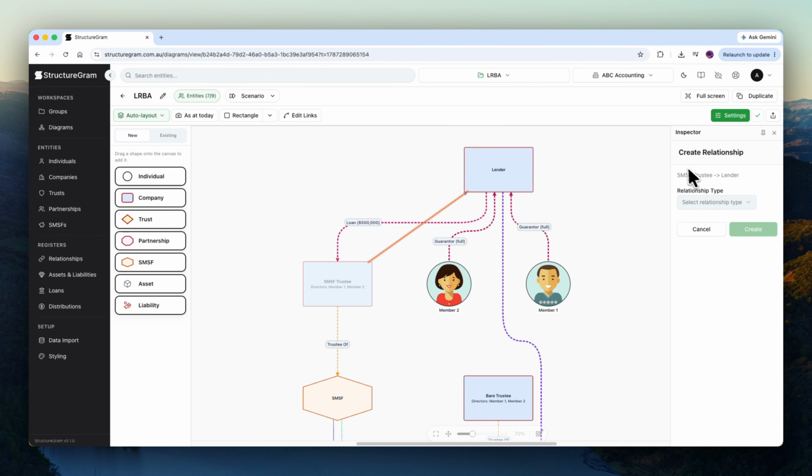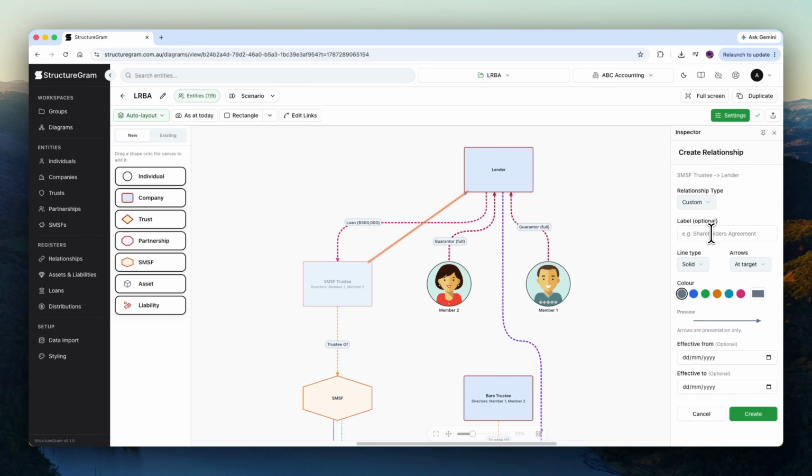And when we do that, this panel comes up on the right where we can select a relationship type, and these relationships will vary depending on the entities involved and the direction of the relationship. But you'll also notice that you have an extra option down at the bottom which says custom. If I hit custom, I now have the opportunity to create a custom relationship type or a custom link between